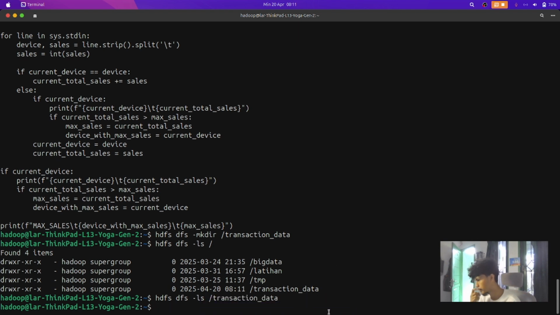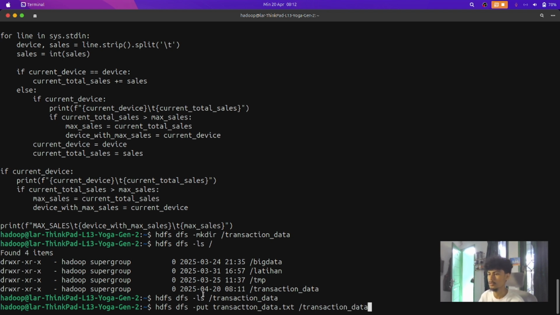I will upload the transaction data file from my Ubuntu local. The command will be like this: hdfs dfs -put, then the name of the file, transaction data.txt, and then the name of the folder, which is transaction data.